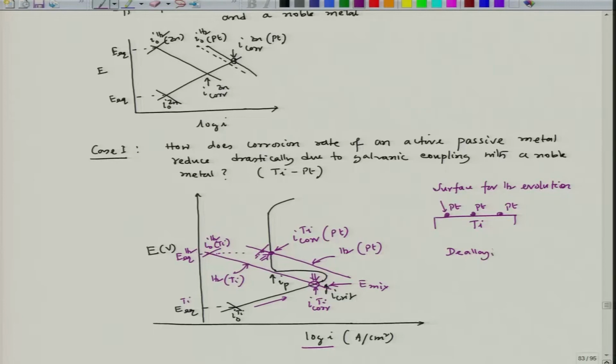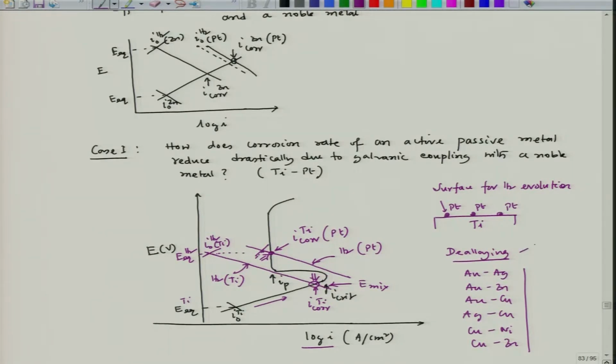So, titanium dissolves, leaving behind a platinum enriched zone on the surface. Now, this is a particular phenomenon called de-alloying, which happens in case of gold silver, gold zinc, gold copper, or silver copper, even copper nickel, or copper zinc. We always face a particular phenomenon called de-alloying,